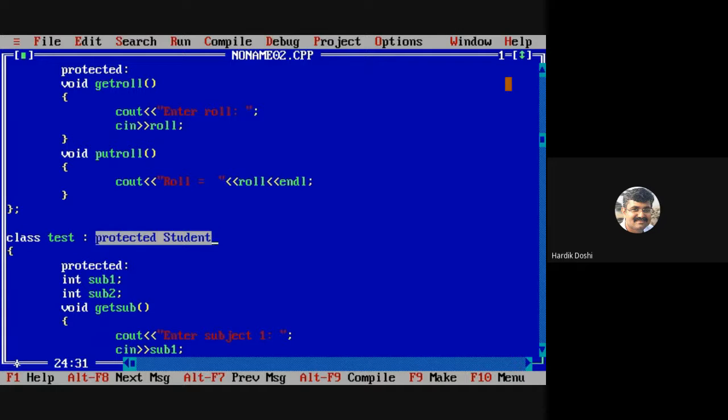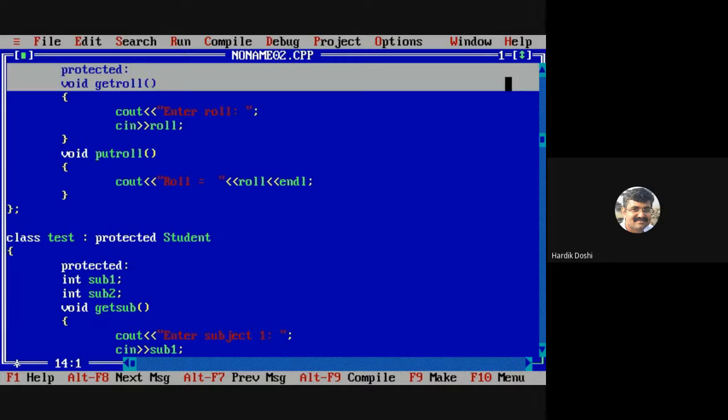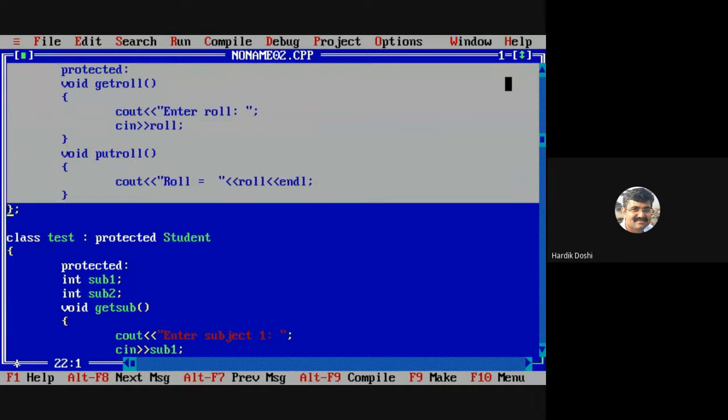So which are the accessible members? Get roll, put roll. They go into the protected section of class test. Agree? Okay.